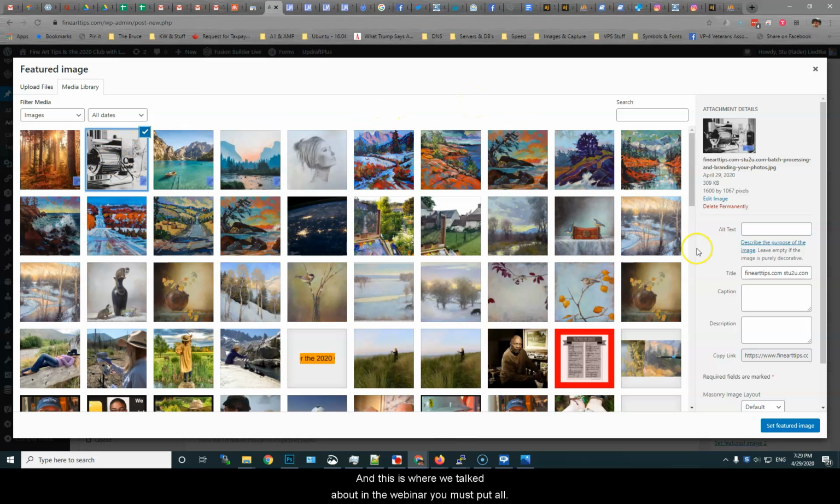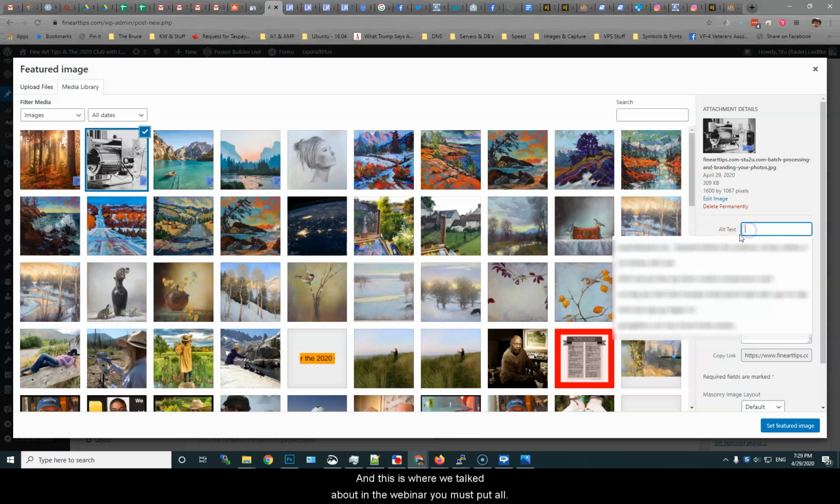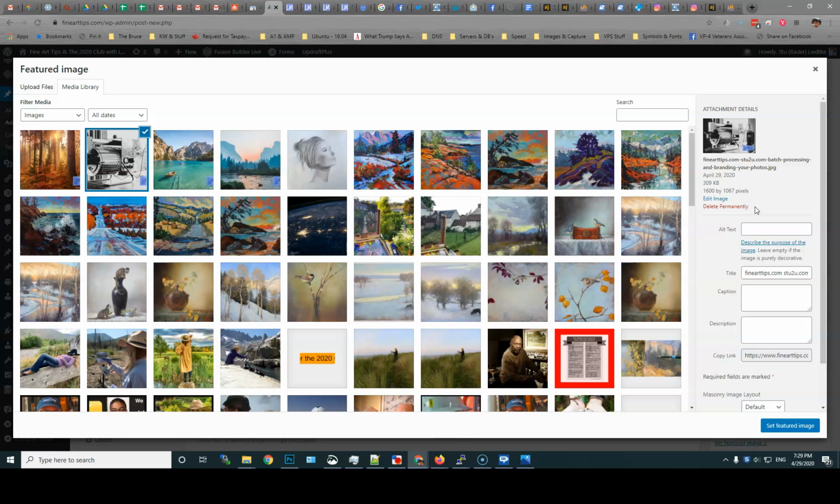And this is where we talked about in the webinar, you must put alt text inside here. And I use my image file name. If you don't put alt text in, Google penalizes you because it's for people with disabilities to be able to read what the image is about, and visually and hearing impaired people that have special devices for looking at websites. So that alt text came from the file name, which is incredible because it's got the .coms in there. And you can see right here,